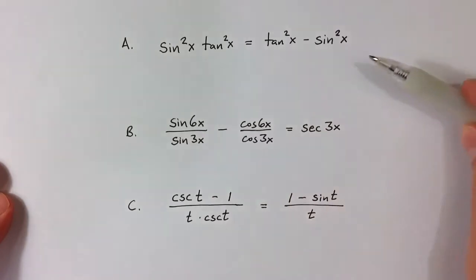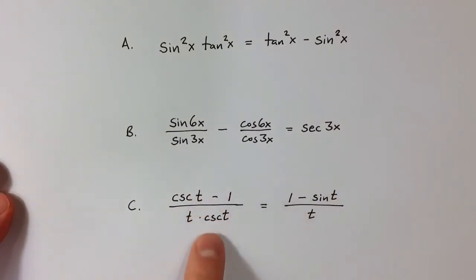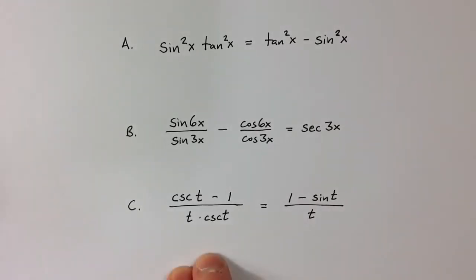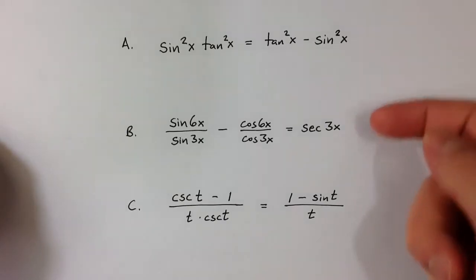What makes proving trigonometric identities interesting is that there are different paths that we could take to make that connection. And so there are choices that we can make, and different people could make different choices and come up with equally valid proofs. And so let's look at some general strategies, things to think about, that could help us prove